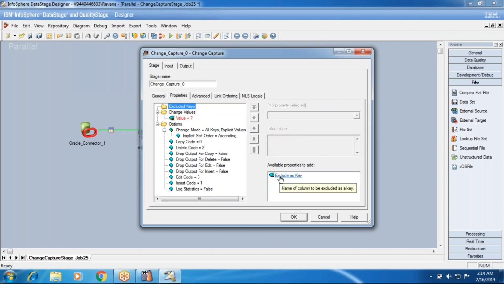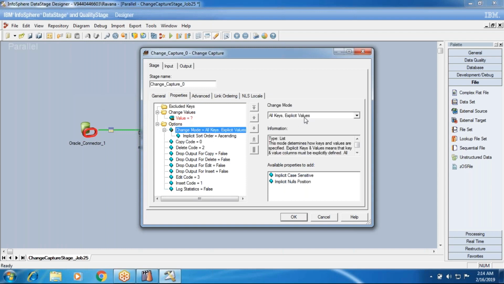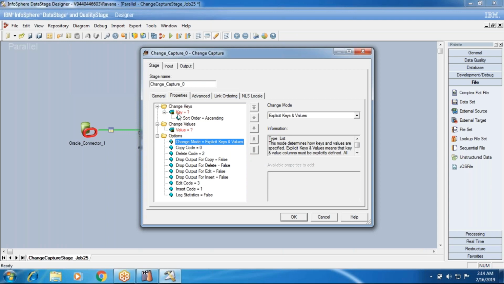Exclude means you need to define and remove one key column, for example in 8 columns you say this column is not required. But that will not happen, right? So the default option is explicit keys and values. Both you define, both the user should define.